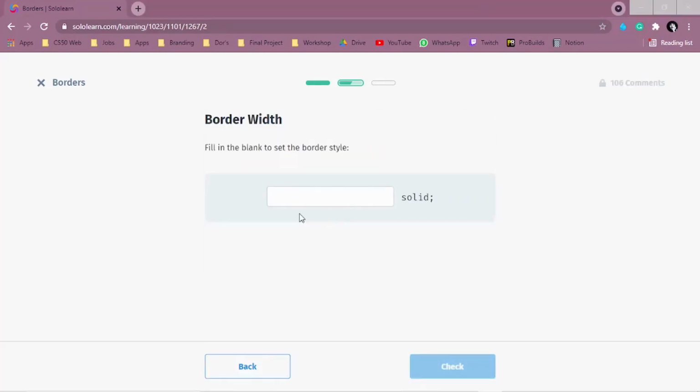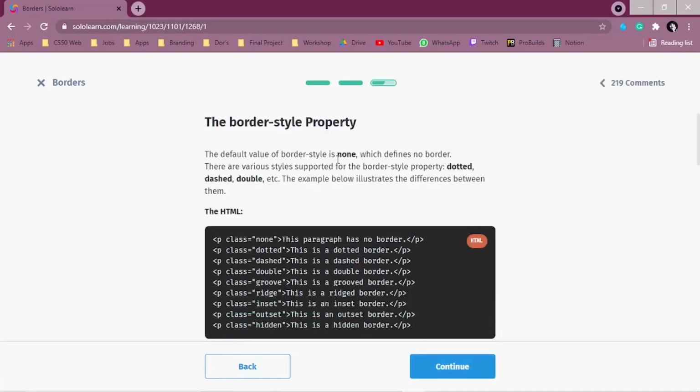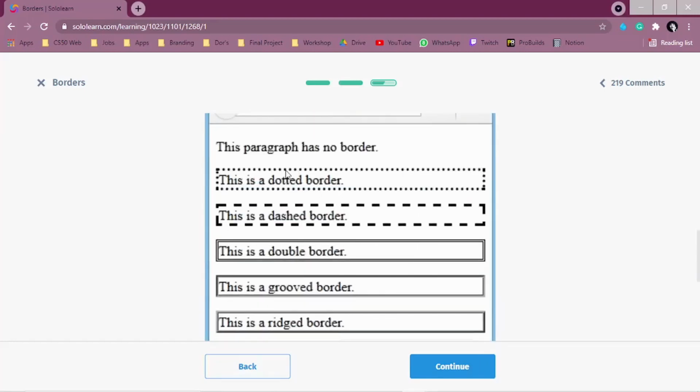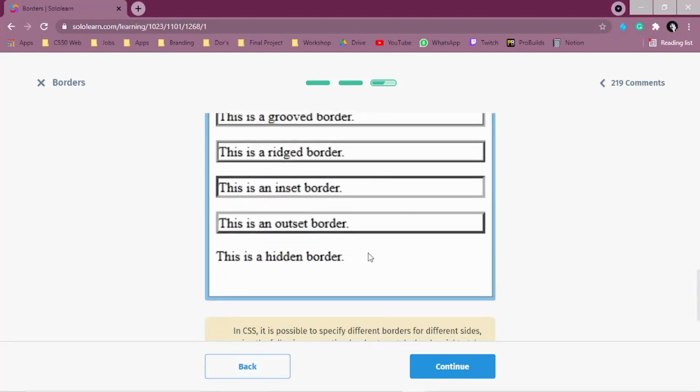RGB values. So here we want to fill in the blanks to set the border style. So since we want to work with border style, the property will be border style as well, okay? The default value of border style is none, but there are other border style properties like the dotted, the dashed, and the double. Like we can see here the difference. So the dotted, dashed, double, grooved, and ridged. We have a lot of here that we can see, and the hidden in there that we cannot see the